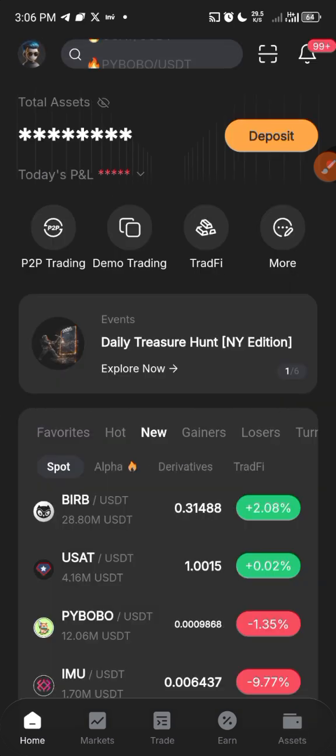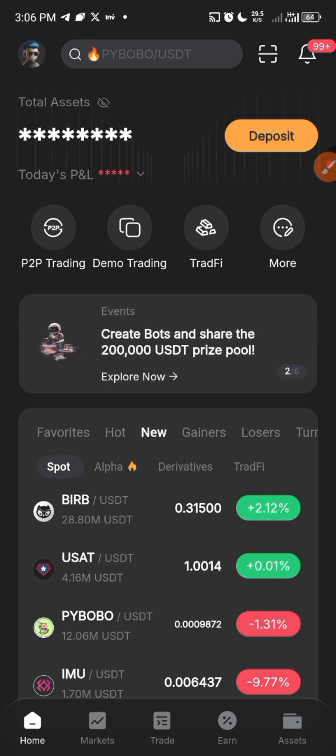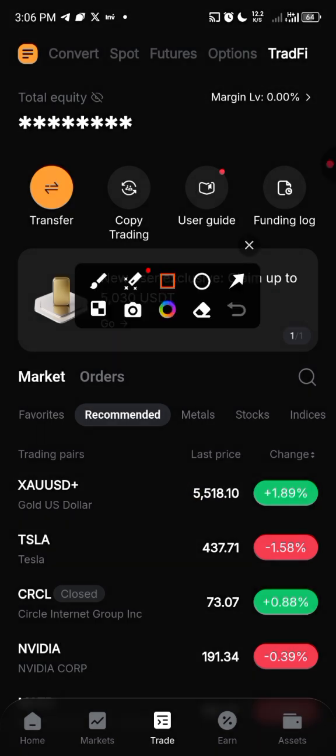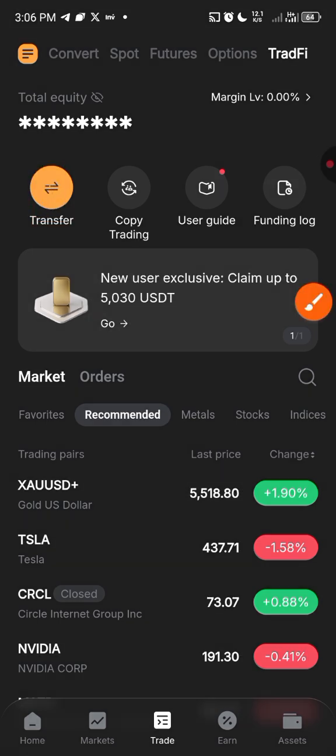Now once you go back to home, then you go back to trade file. You can see it right here, it is now on the top of my list. You can see it also right here. So on trade file, you now want to do transfer. Let me just show you real quick. This is where you do transfer. You can see transfer right here. You click on transfer because you want to transfer the money you've bought from P2P